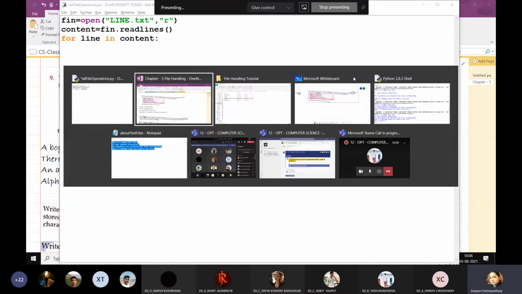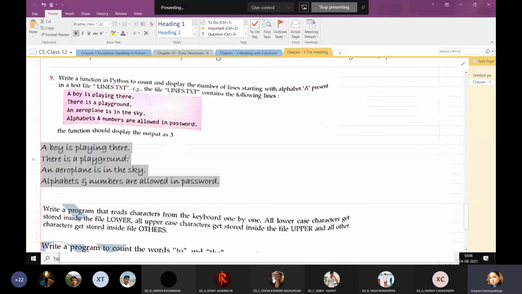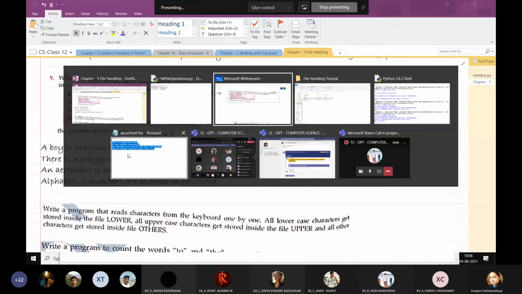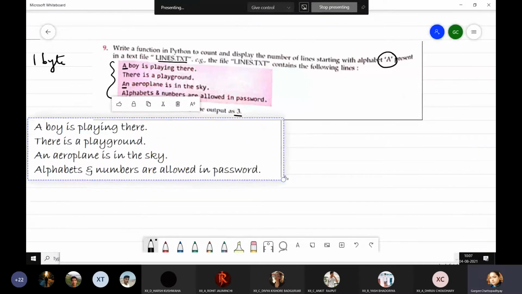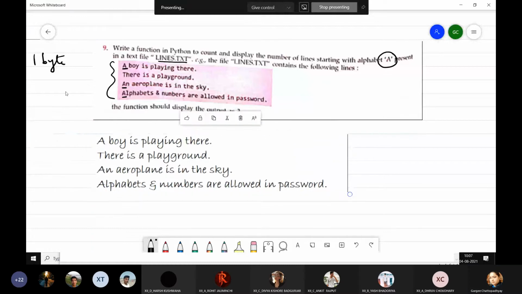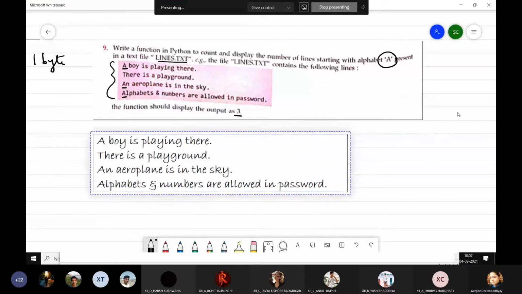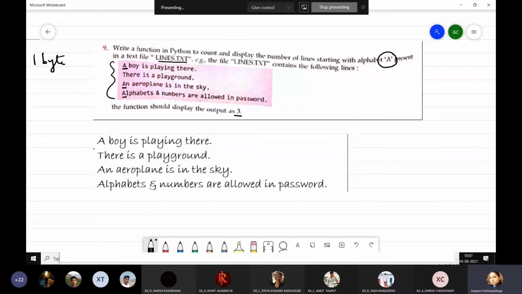I'm going to copy the lines of the file from here. Now these are the lines within the file. Each of these lines is a string which is contained in an outer list.